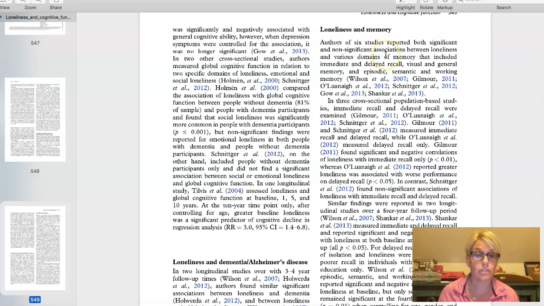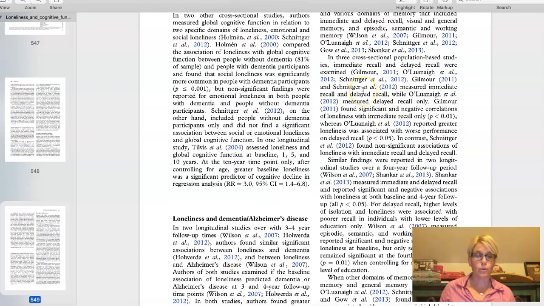So I say here, 6 studies reported significant and non-significant findings between loneliness and various domains of memory, and I list them out. And in paragraph 2, in 3 of them, they looked at immediate and delayed recall, and